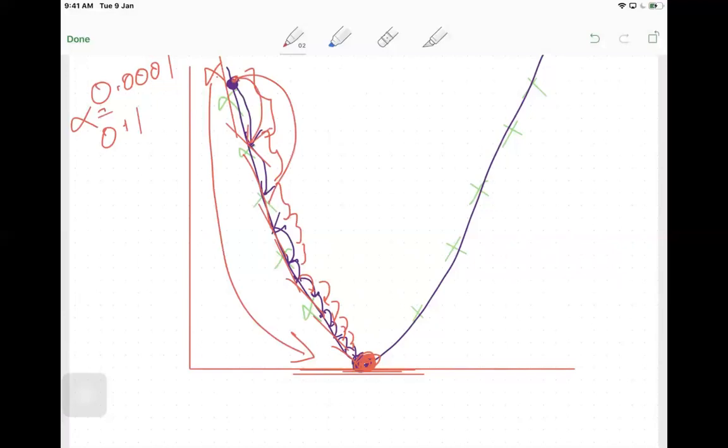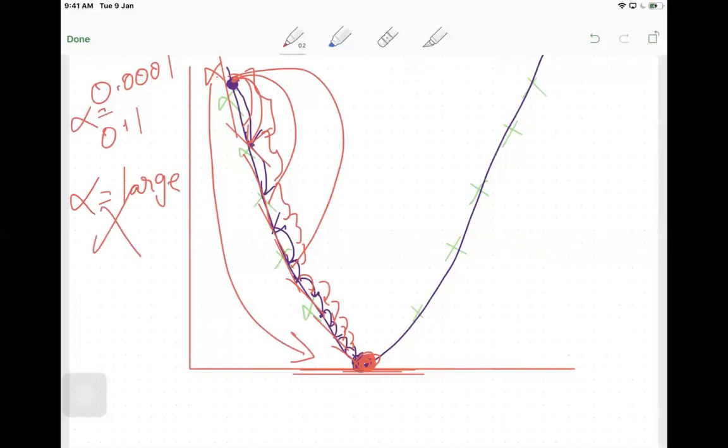Okay, so whether it has to jump directly from here to here, or whether it has to take a smaller step, that is what the alpha does. The alpha will decide how much the step size is during the gradient descent algorithm. Now, the alpha value should be smaller. You cannot take alpha as a large value. It is not correct. I'll tell you why.